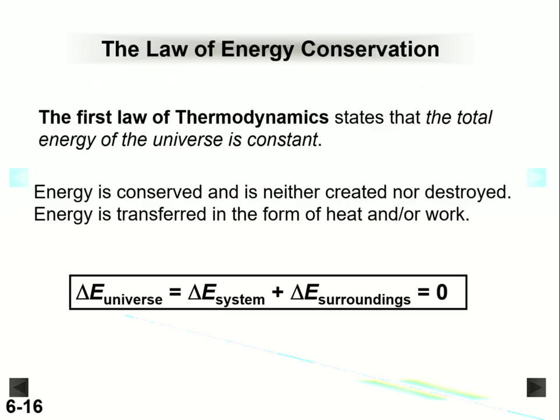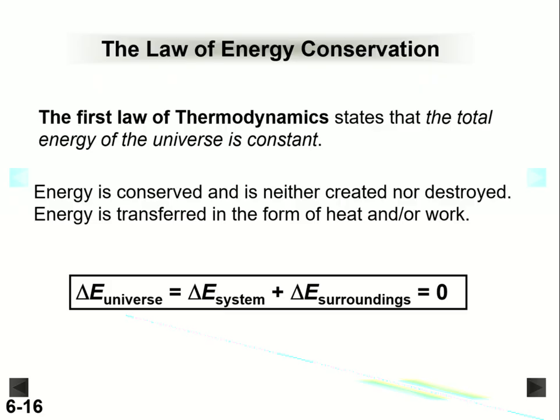Here we have the law of conservation of energy, and this is one to always remember. We've discussed this before, but we need to understand that delta E is always conserved for the entire universe. So the delta E for the system plus the delta E for the surroundings will always equal 0. This is a restatement of our previous graphs that we saw.